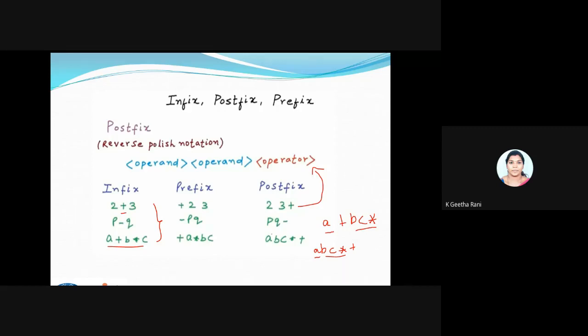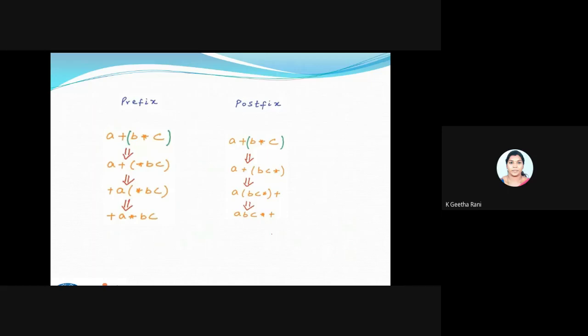Fine. So now we will be seeing it with a bracket. That's nothing but the same thing I've given in a bracket to make you understand more. So if I give a bracket, I will know that I have to do this first. For prefix, I'm having this star before, the same process I have done here, and then just remove the bracket. The same for postfix, a bracket is given here, so I made a postfix for this, and then I made a postfix for the whole thing. Fine, the same thing, but I have represented it using brackets in this particular slide to make you understand clearly.